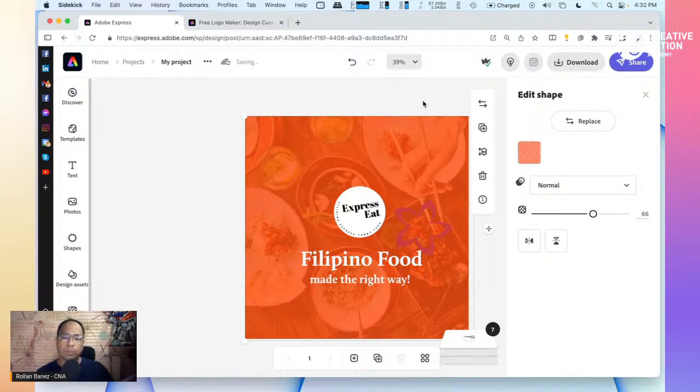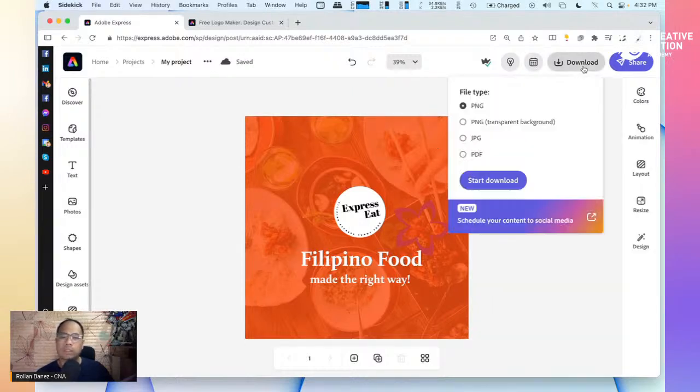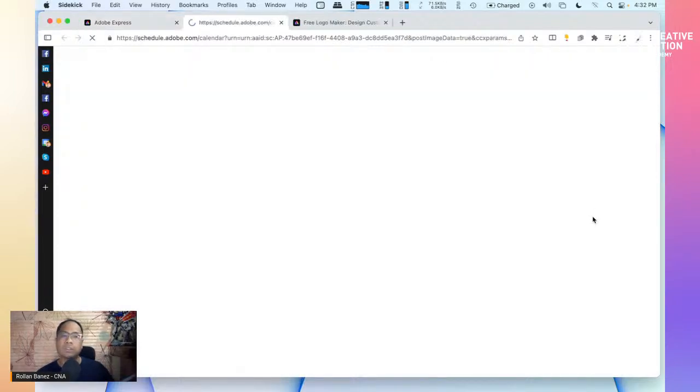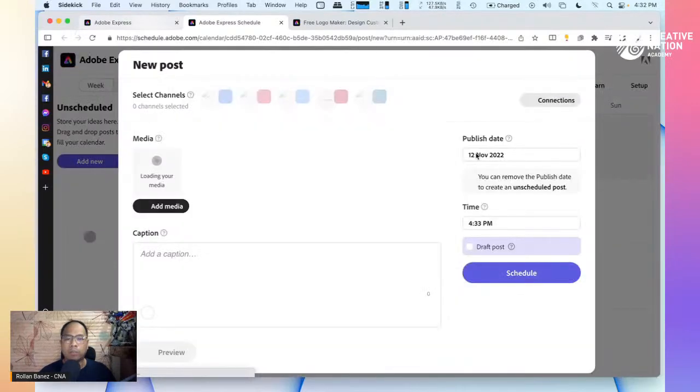your Adobe Express brands. Okay, so let's download this, and you can also start to schedule this on your social media. If I click on that, you can also click the share button, and this will open the content scheduler inside of Adobe Express, one of the new features inside of it. In my case, I have lots and lots of content that I'm going to try to post. I'm just going to exit out of this, so you would see that there